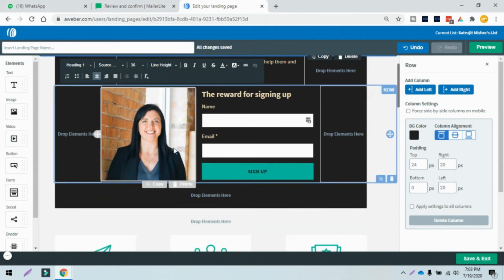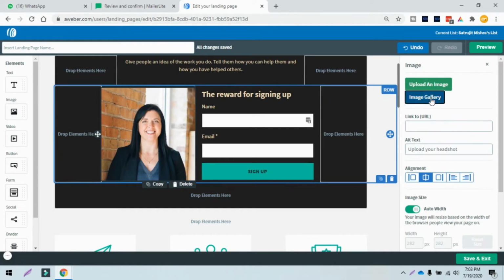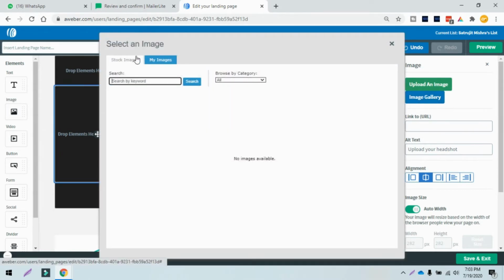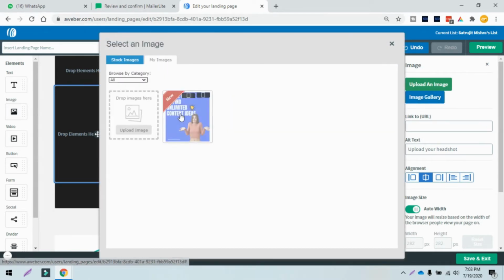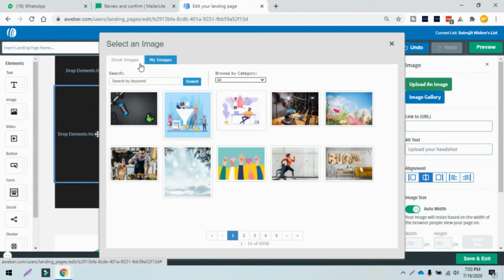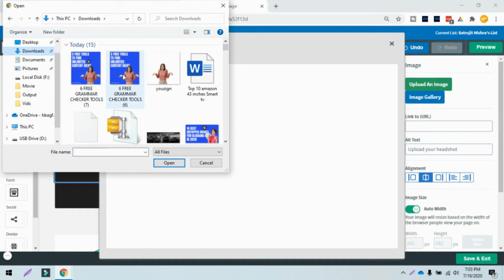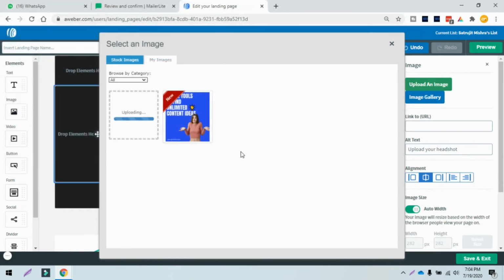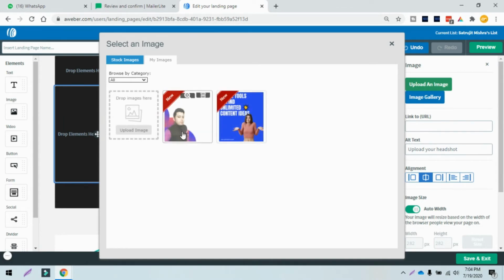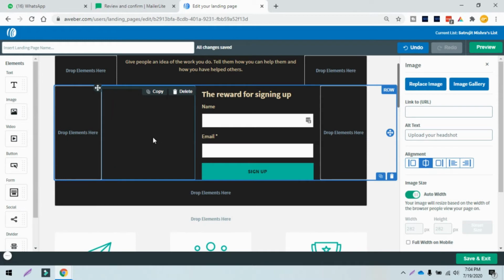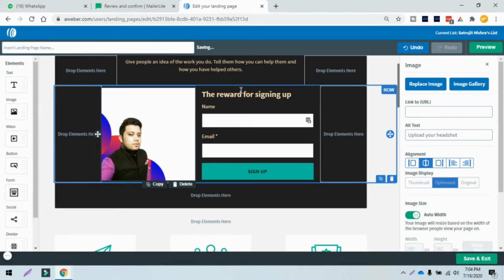Okay, so if you want to change the image, you can upload something to it. Let's say I will choose any image from my PC. Let's say I will upload an image. Say I will use my own image. Then click on upload. Now you can choose this image and it will appear over here.